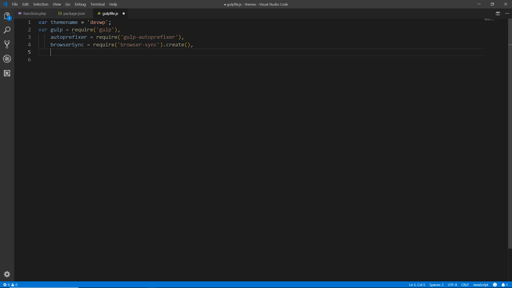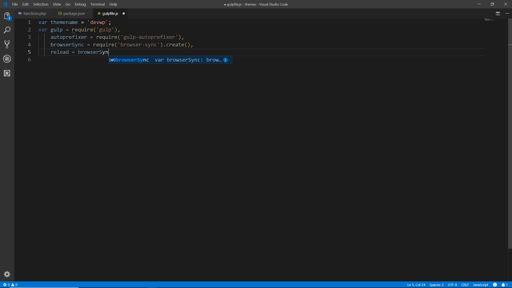Right now it looks a different color because it's telling me that the variables are unused. And that's because we haven't made use of them within the file yet. So you could just disregard that. That's one of the good things about using VS Code. It gives you a lot of hints in terms of what you're doing, if it is working properly or not, if it's being used, or if you need to make any changes or corrections. All right, so now the next one, don't forget your commas at the end of them. We're going to be using reload,